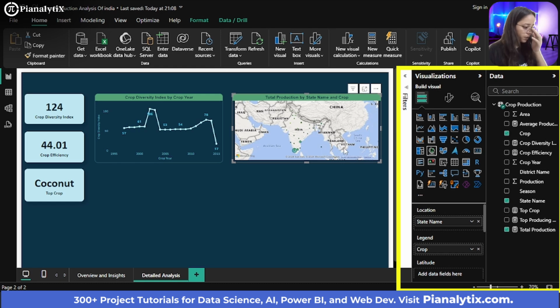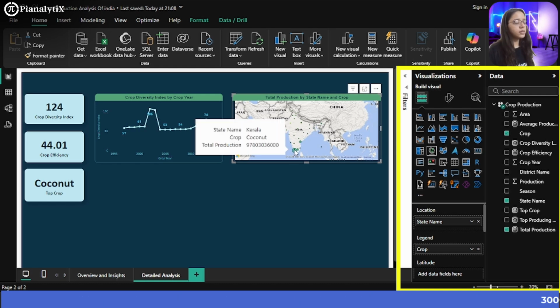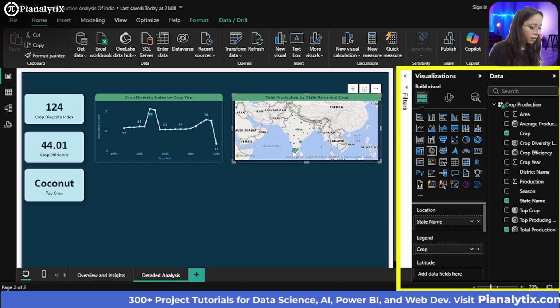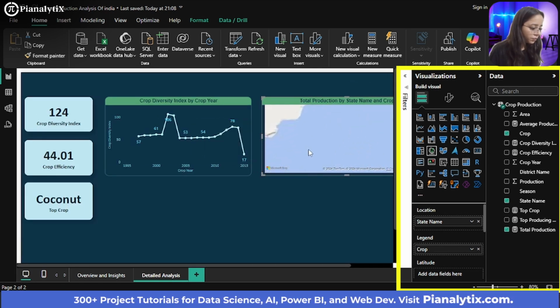Now what would happen is, once you hover onto it, for example, you can see that this state is Kerala, the crop was coconut, and the total production was around, let's say, 9 trillion, as a rough figure. And similarly, let me zoom in.